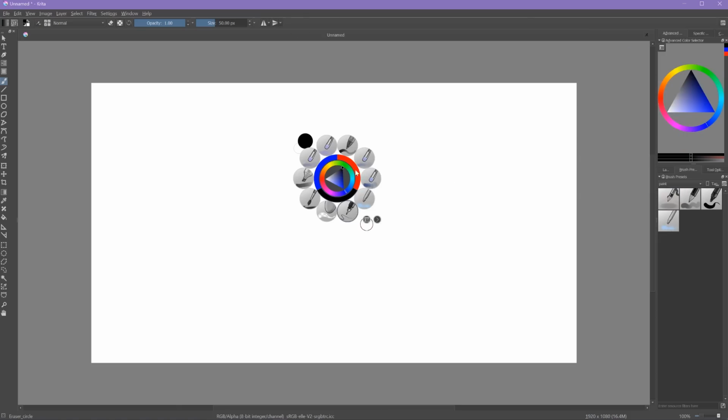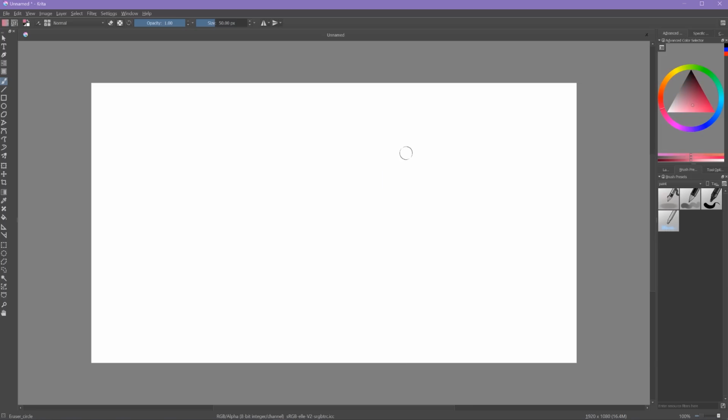But I like the demo that it has by default. It has a pretty good selection of tools to pick from, and you can also choose your colors in your color picker here. Then to get rid of it, just right-click again. You can also choose your colors over here with this color wheel. You can select what hue you want by dragging around this circle, and you can change how bright or how dark or how saturated your color is by going towards one of the edges of the triangle.